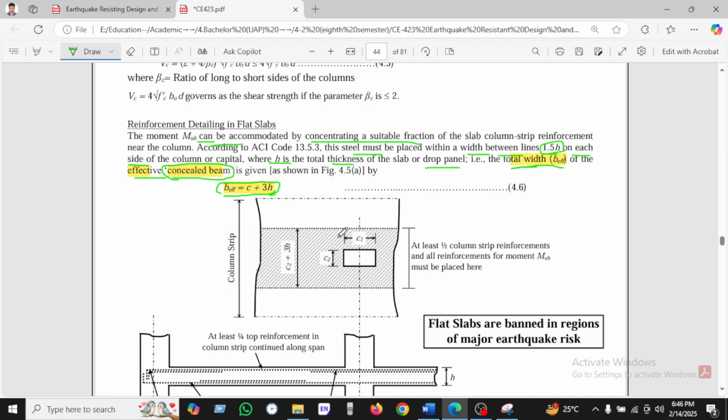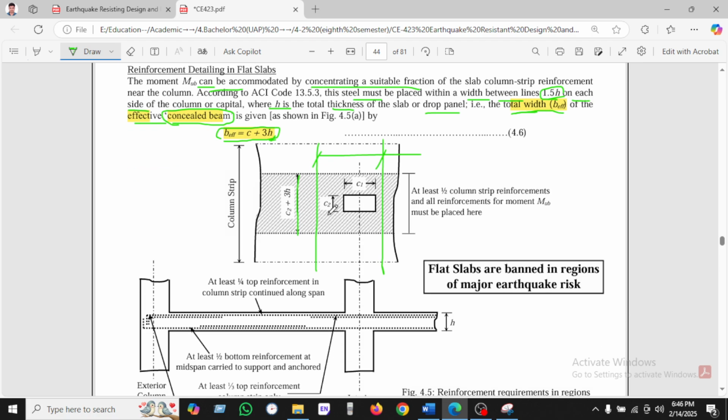This is given in the figure as C plus 3H. On the other hand, if we draw the figure, it will be C plus 3H. This part will be 1.5 H, and this part is 1.5 H. That will be 3H. Okay, at least half of the column strip